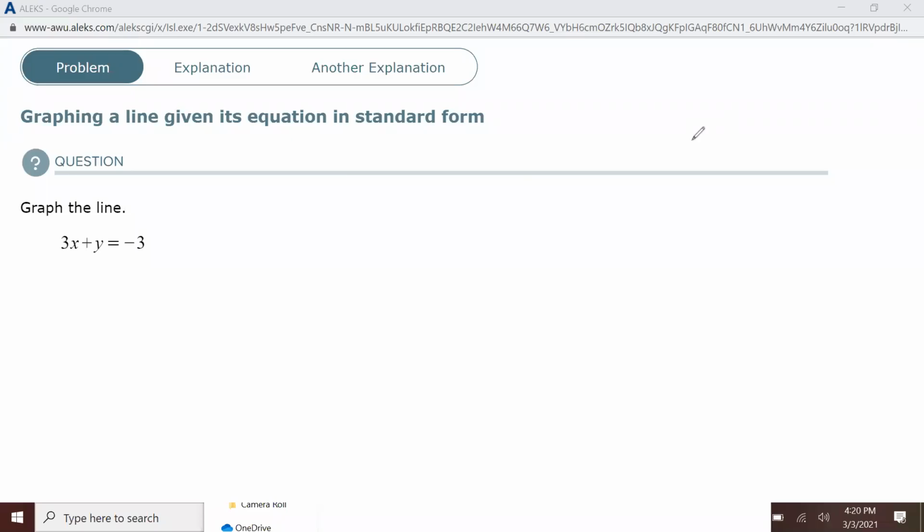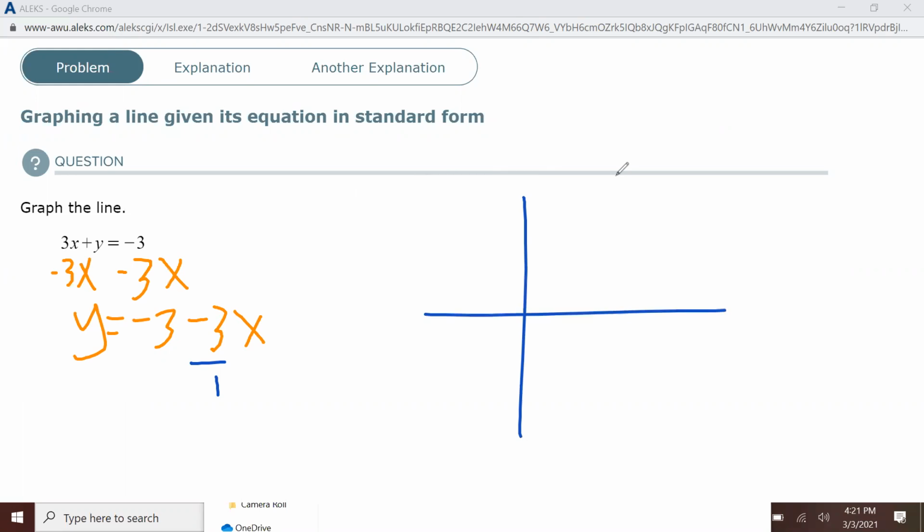The easiest way to graph the line is to first get y by itself. So I'll subtract 3x from both sides. And now I can explicitly see that the slope is -3, or -3/1, and the y-intercept is -3. So I plot the y-intercept